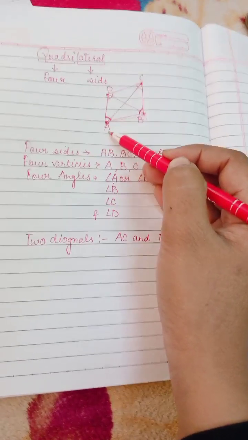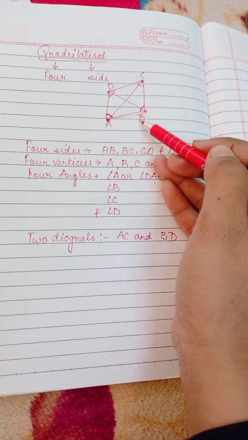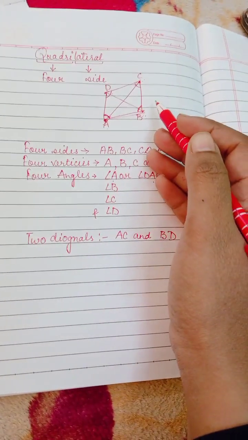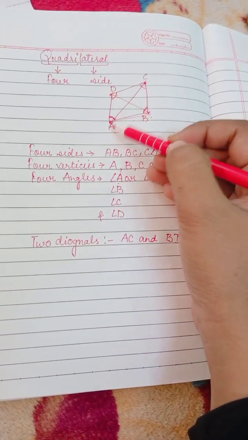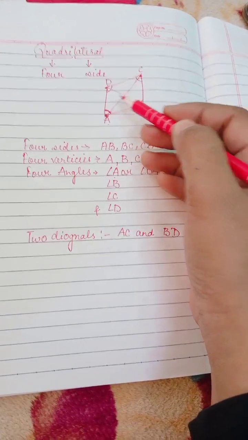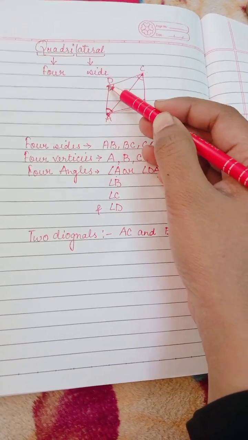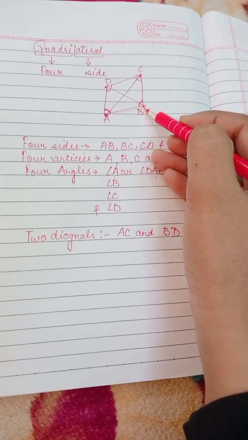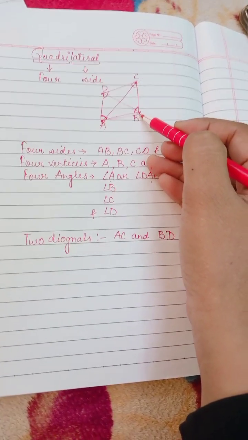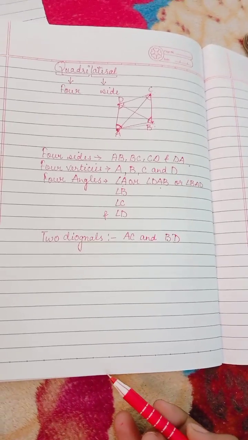So we can define them like this: two sides of a quadrilateral having no common endpoint are called opposite sides. See, BC and AD do not have any common endpoint. In AD we have A and D as endpoints, and in BC we have C and B as endpoints. So there is no common endpoint between AD and BC. Okay, I hope you